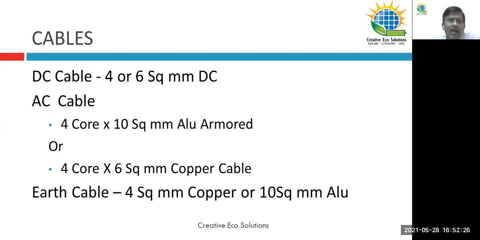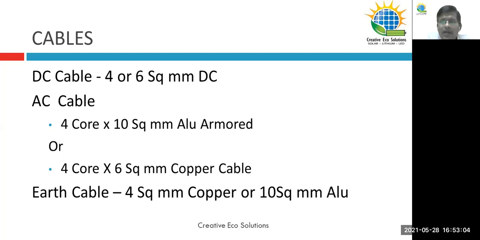We would always recommend you go with the DC cable. And on the AC side, we have two options from the inverter to the EB meter. Either you can go with a 4-core 10 square mm aluminum armored cable. Obviously, aluminum cables are a little more economical in price, or you can go with a 4-core 6 square mm copper cable. If the distance is less, let's say if it is near the control panel within 5 meters or 10 meters, then you can plan for a copper cable. If the distance is high, let's say 40, 50, 60 meters, and it has to go underground or wall mounted, then the preference would be an aluminum armored cable.